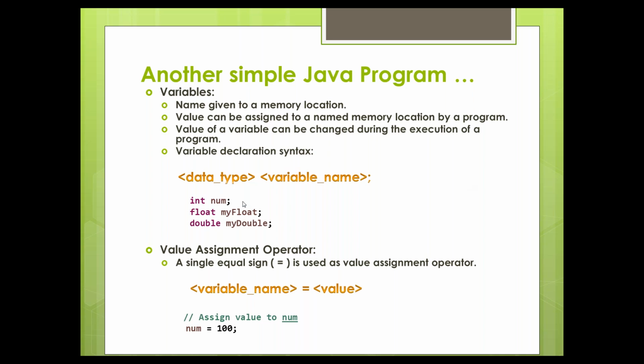A statement is nothing but a single instruction, or you can consider it a kind of action that needs to be carried out. What we are doing here, we are telling the JRE or environment to declare a variable by name